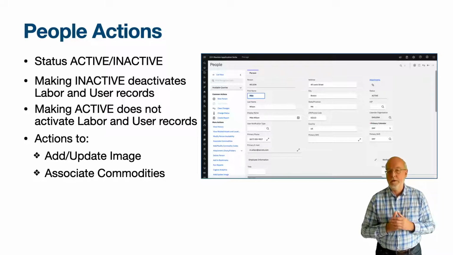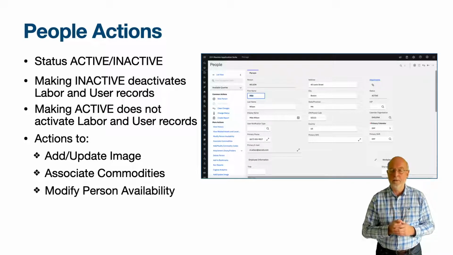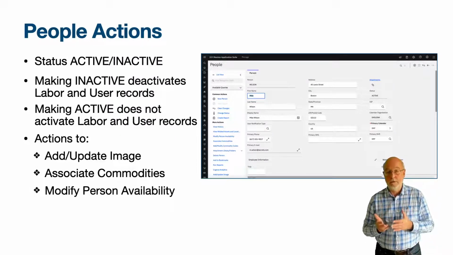Of all the actions which will be found, it is the Modify Person Availability which is likely to be used the most, and this action can operate from the List tab against multiple people. People will need to be assigned a calendar and shift for this action to work. You are adding or amending records that change the work period dates